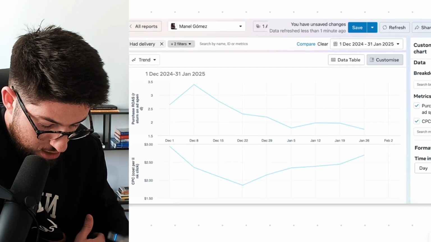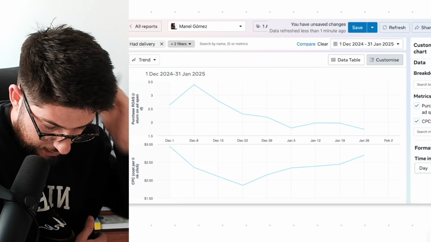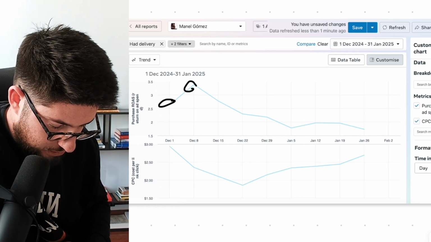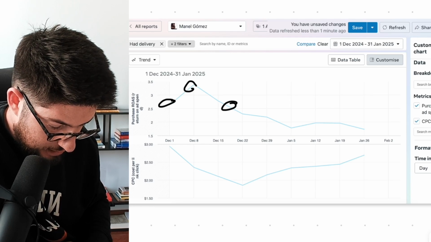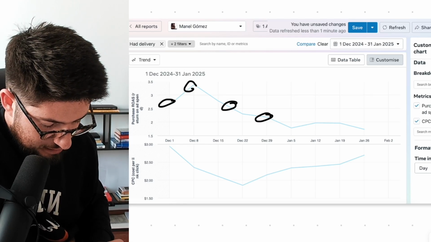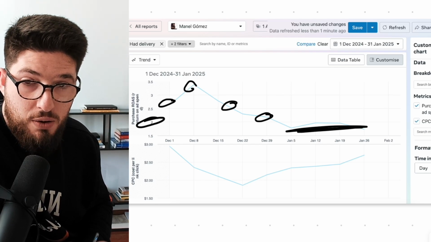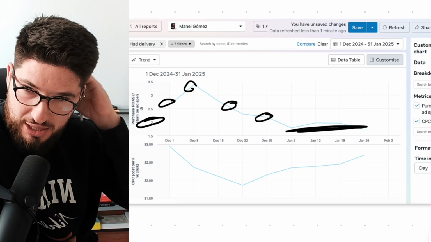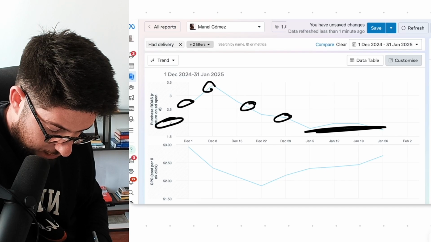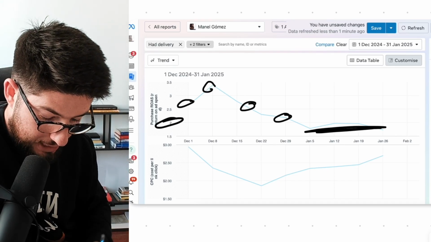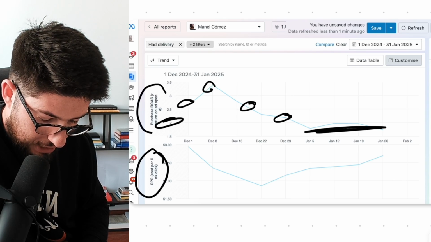So in this case, this is December for one ad account, and we see that the ROAS was good here, it was good here, it was good here, and then here not bad, let's say, but here it's risky. It's a risky level of ROAS. I don't like this. Now, if I would try to understand why is everything trending down, I would start to look at correlations to find causalities. And one causality here is CPC against ROAS.